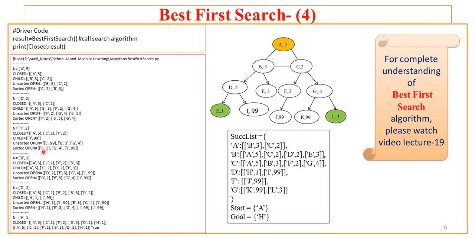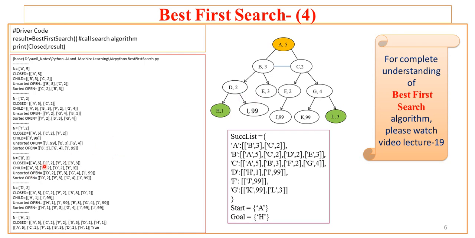Now the front node B is picked and it is added to the closed. So nodes visited so far are A, C, F and B. Our search starts with A, it visits C, then it visits F, and all of a sudden it changes its path. So now it is back to B. Your path will now be A to B and B to the goal. It will be leading to the goal. So this shows this thing.